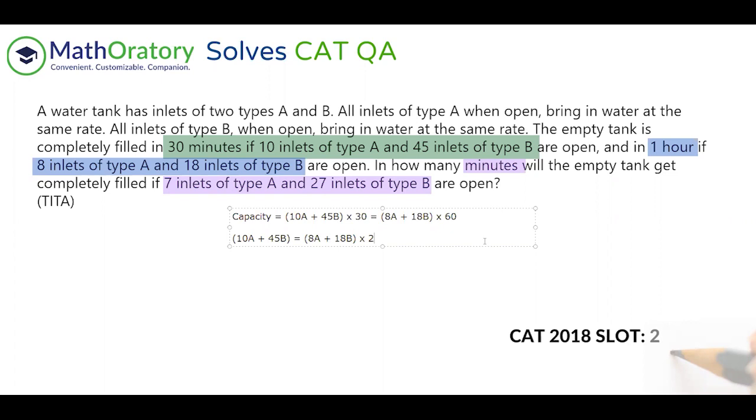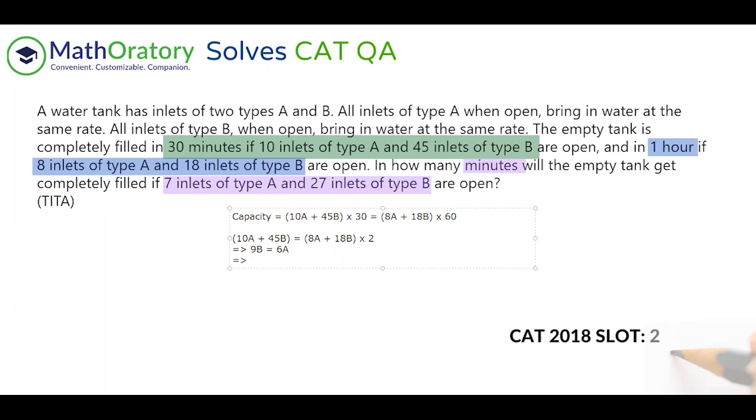These things you can do mentally so that it's easy to resolve. The next step is pretty simple. I hope you can see that 45B is higher than 36B, so the B's will come on the left-hand side. 45B minus 36B, that is 9B, is equal to 16A on the right side minus 10A on the left side, so 6A. One has to go to the right side, the other goes to the left side. You cannot have negative efficiency unless it's an outlet pipe.